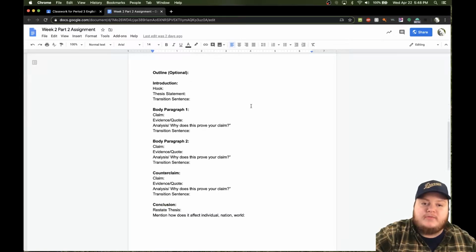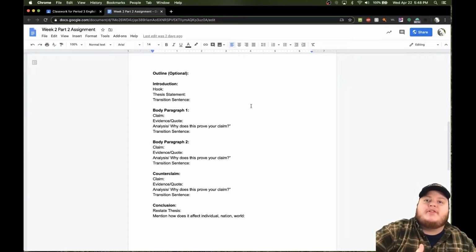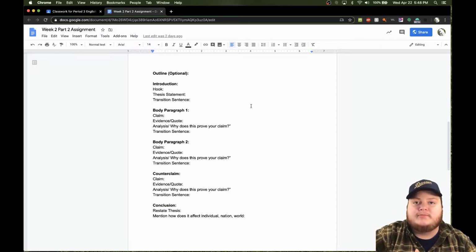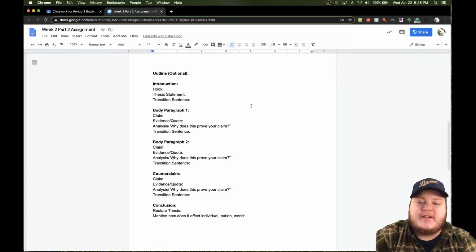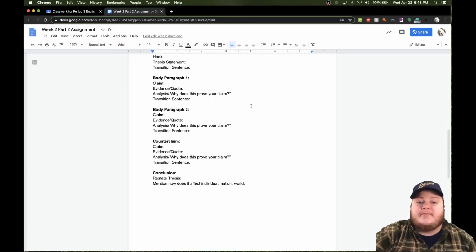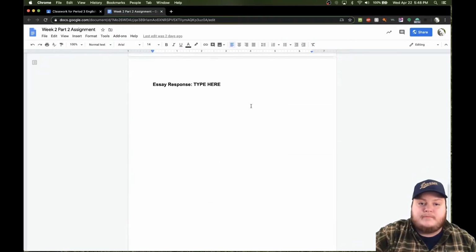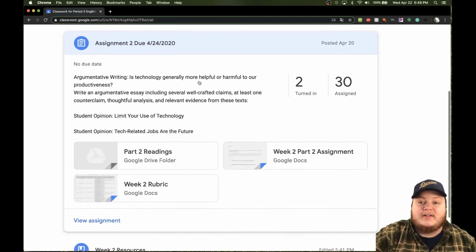If you want to, you can outline. I would always encourage you to outline your essays, but it doesn't have to be like our larger formal essays. I think with this, if you're able to build a thesis, bring down 2 or 3 points, and have your quotations ready, that's all you really need. And then you're able to start typing it out. If you just go in the classroom, type your essay right here, and then you can submit it that way. And that's about it for day 2.